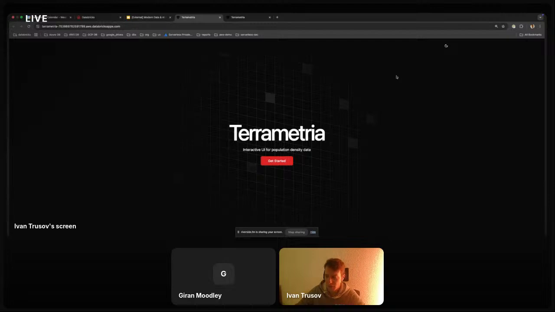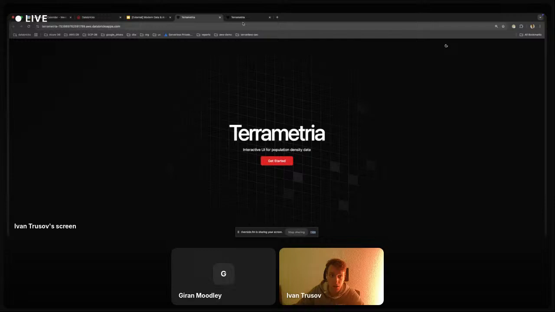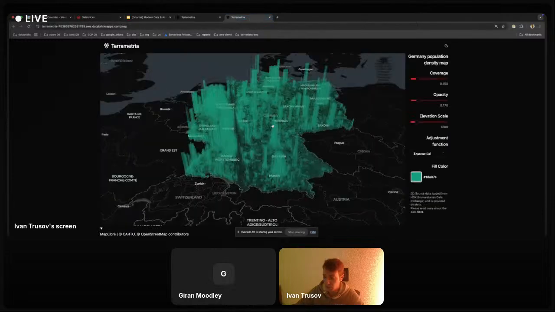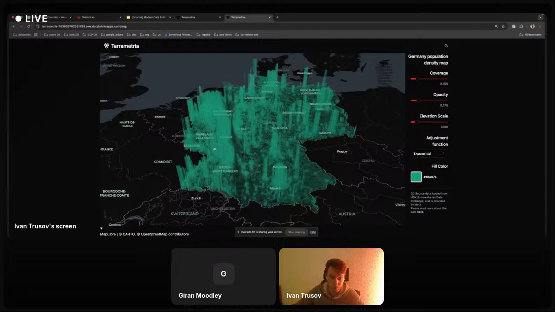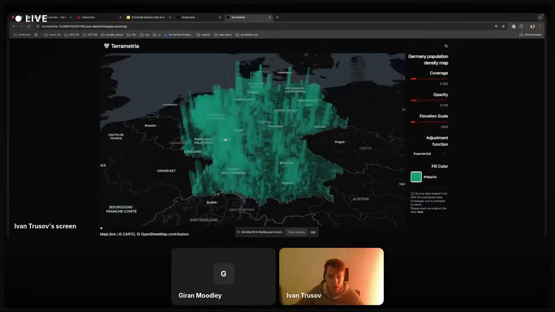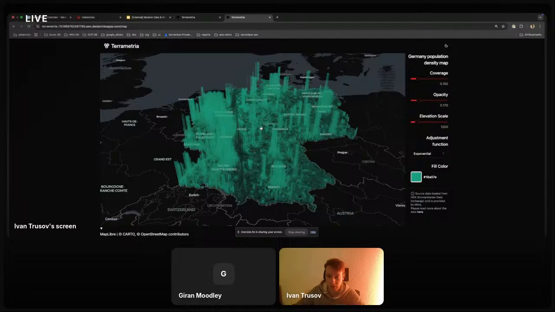But indeed, just an application with a button is not the most interesting piece. What could be an interesting piece is, for example, a 3D visualization of the population map. This one in particular is based on Facebook HDX data, provided by Meta.